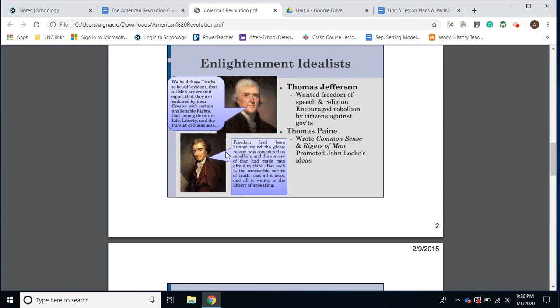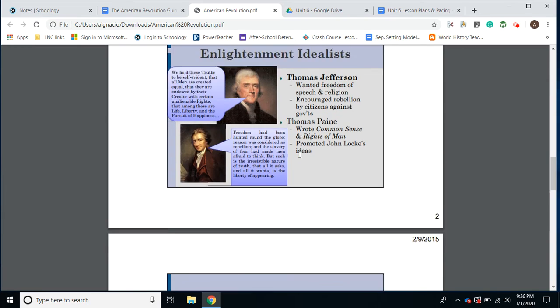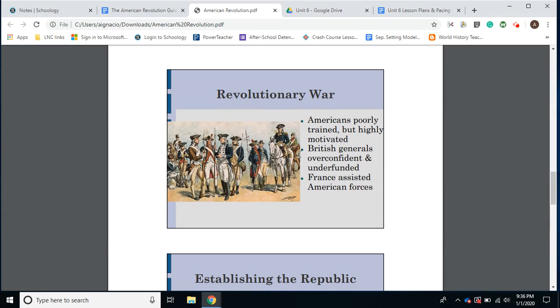So promoted John Locke's ideas. So we're going to see these two ideas reflected in the revolution. So when the Revolutionary War starts, and we're going to briefly talk about this, we're not going to go through battles. You guys will get that in U.S. history. But